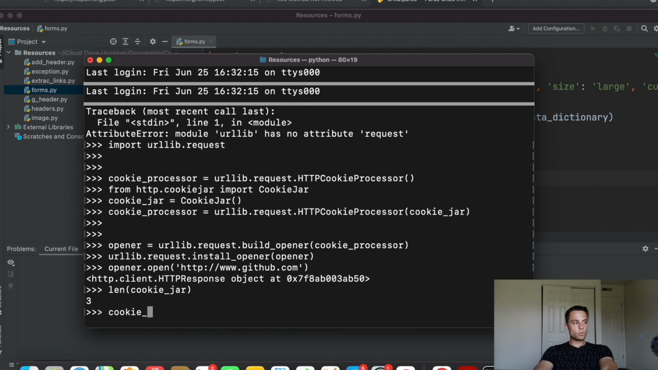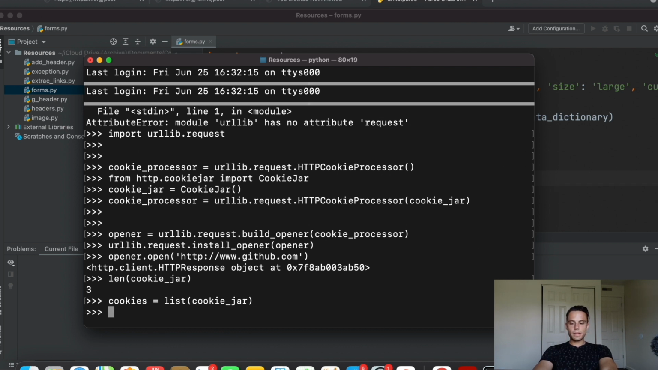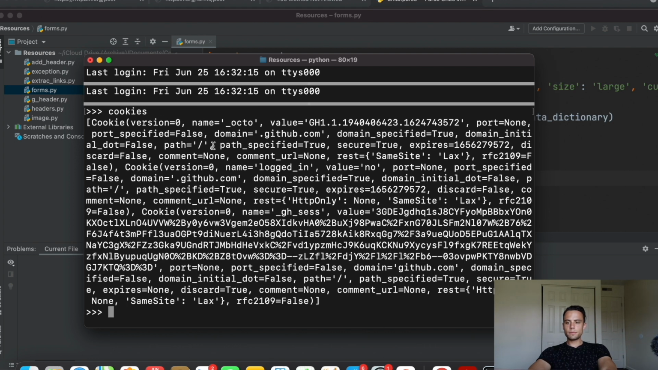So I write cookies equal list, and I write cookie jar. Here we'll create the list with all the cookies that we have in the cookie jar, and then we would like to display this list, so simply write cookies. You can see now we have plenty of information, but there is one specific very important piece of information, and that is the cookie information. If you see here, here is the name of the first cookie, which is called